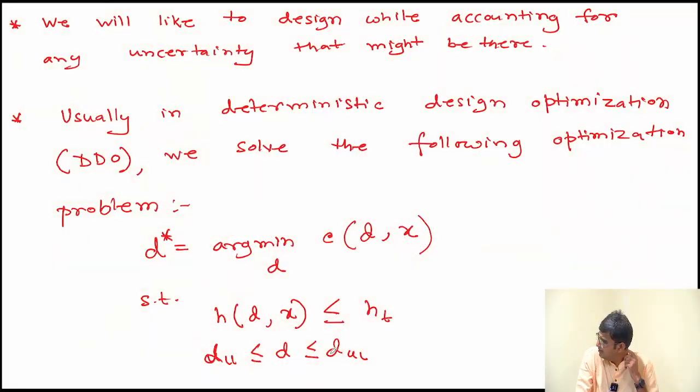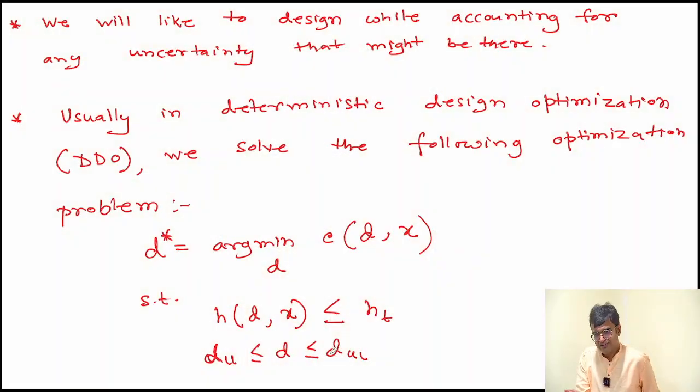For example, let's say I want to design a car. You can imagine that I want to design a car that is optimal. Let's say that is my objective. Optimal means cost-wise, because I want to target the population that cannot afford a car. So I want to design a car where the selling cost will be less, so that a common public who cannot afford a car can afford it. I mean, that's a good business strategy, I will say, in India. So we will try to minimize the total cost of manufacturing of the car, subject to